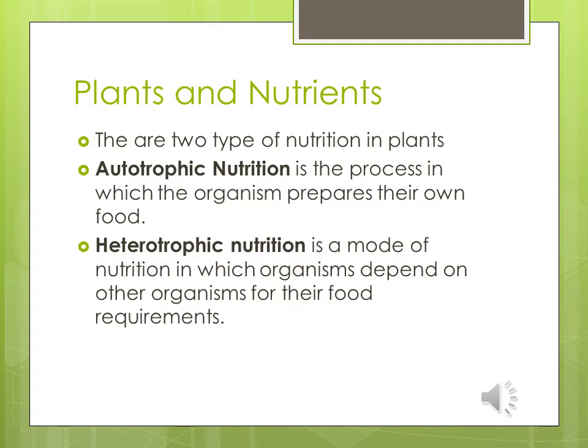Now, heterotrophic nutrition. What is heterotrophic nutrition? Hetero means different or to take. Heterotrophic nutrition is a type of nutrition in which organisms depend upon other organisms for food to survive. They get their food from other organisms. Heterotrophic organisms have to take in all the organic substances they need to survive. All animals, fungi and non-photosynthetic plants are heterotrophic.